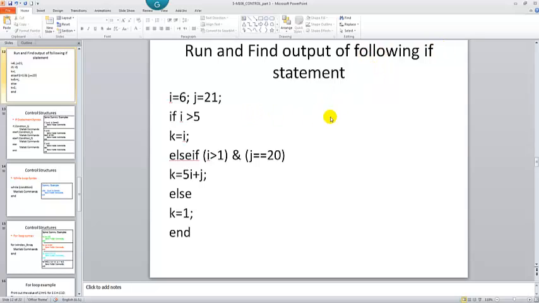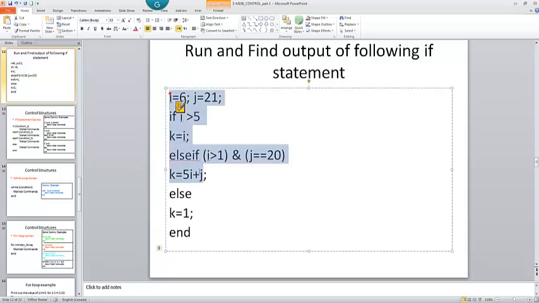So let us first trace it before we copy it into MATLAB and see what it should give us. Okay, so I equal 6 and j equal 21. 6 greater than 5, this is true. So k will have a copy of I, so k equals 6, and it will jump outside this if statement. And of course you can just copy this into your MATLAB, Ctrl C, and see,